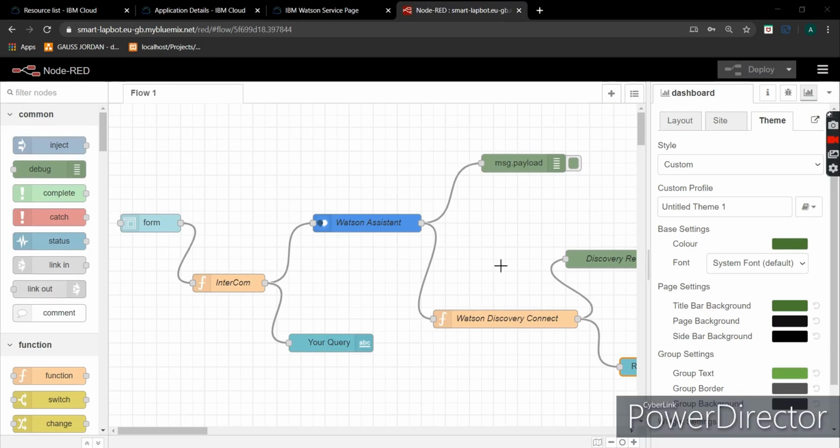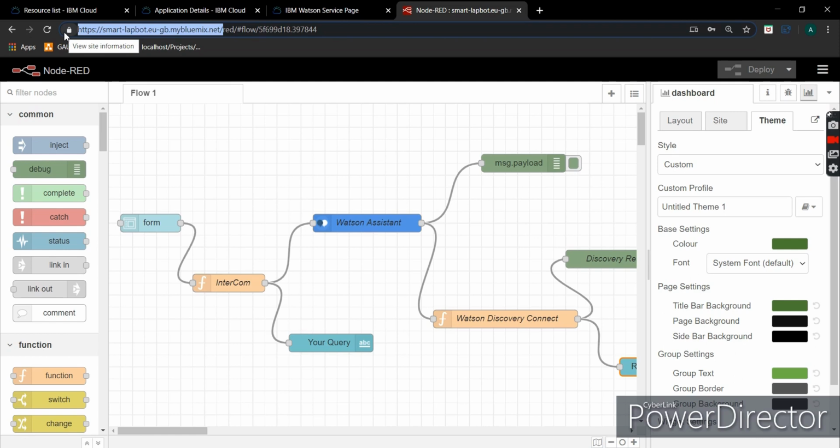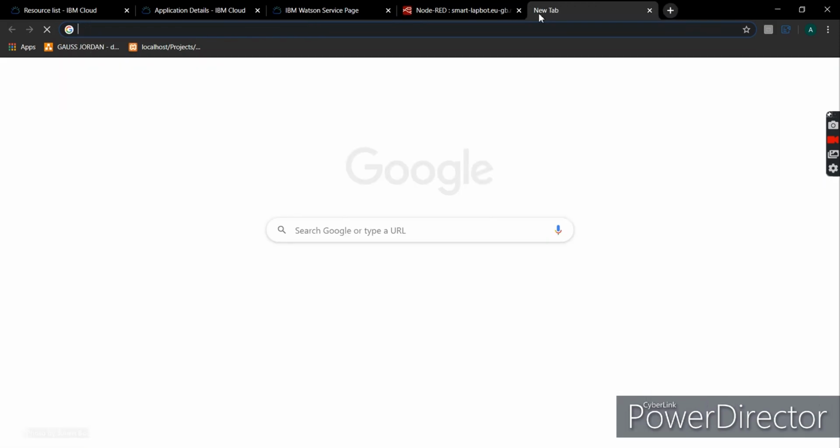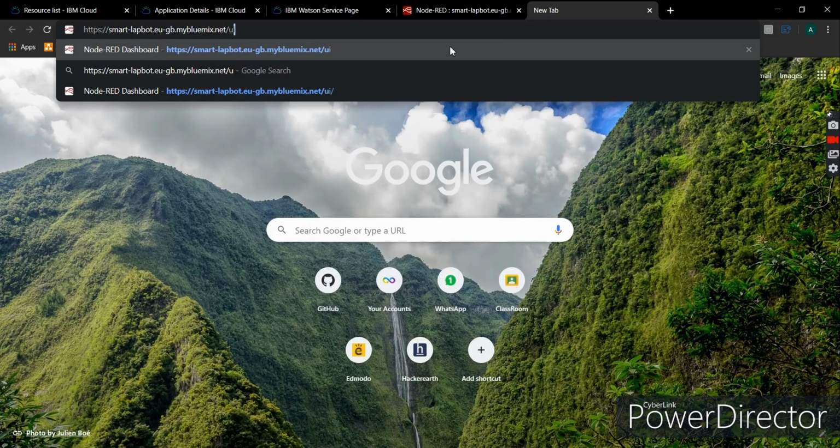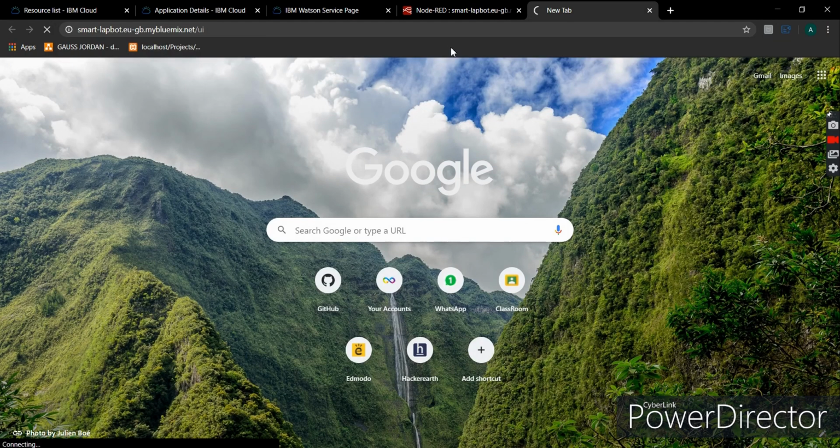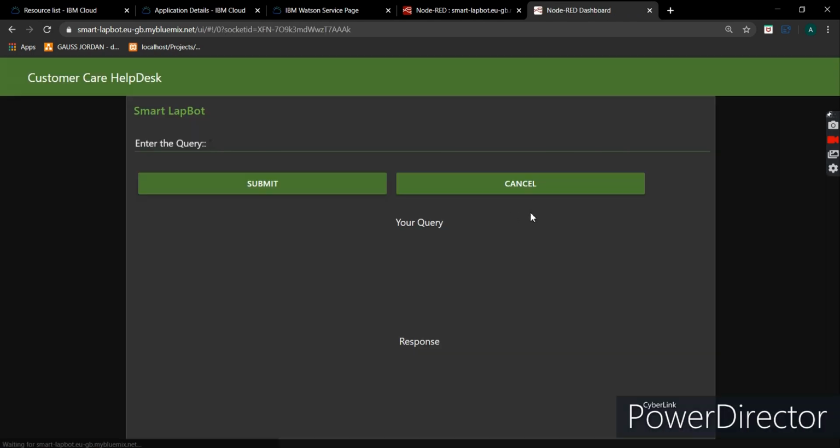We are going to work on the final part of this project. In this part, we are going to test our deployed application. As in the previous section, we have already created the nodes and deployed the code. Now we are going to see what has been deployed. For this, select this part from the URL and paste it in a new tab. Add UI at the end of this URL. This will lead us to the final created chatbot's main interface.